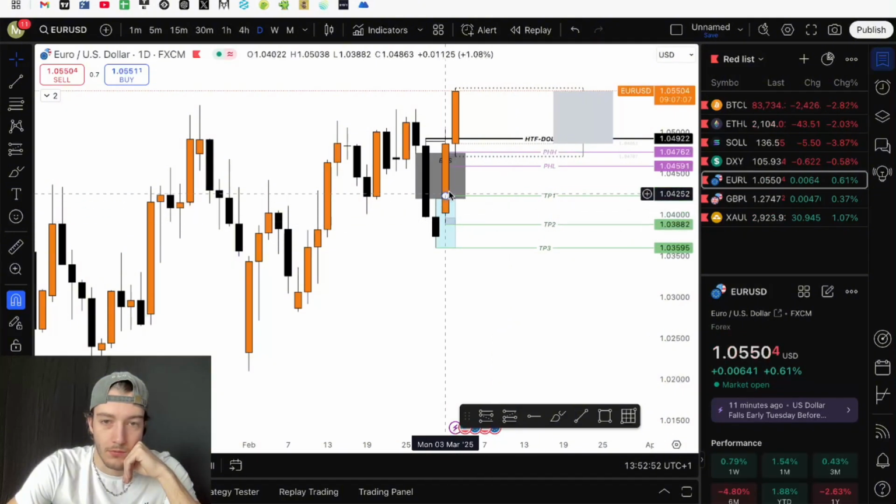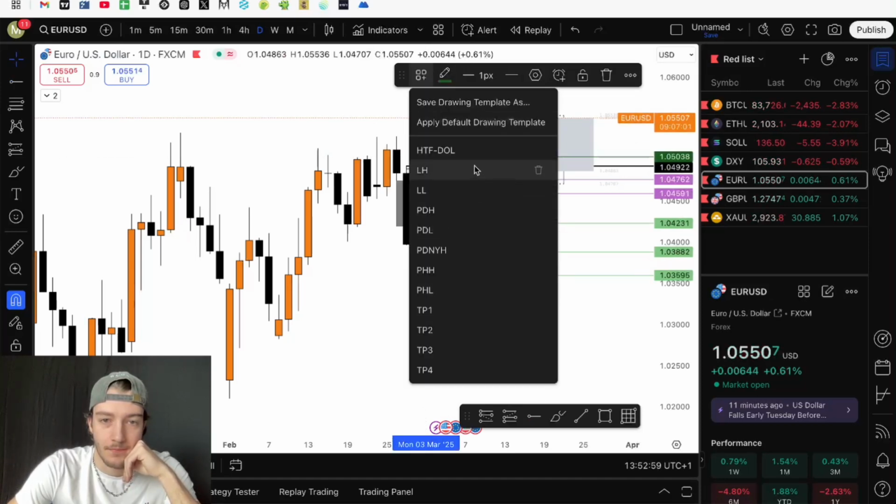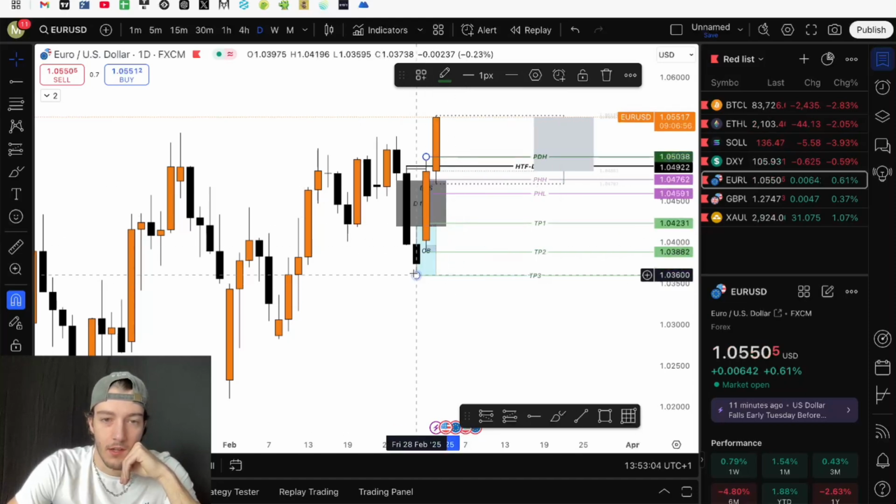Also in Euro, I'm gonna move these here. I haven't even marked them out, but this is previous day's high here, and previous day's low here,